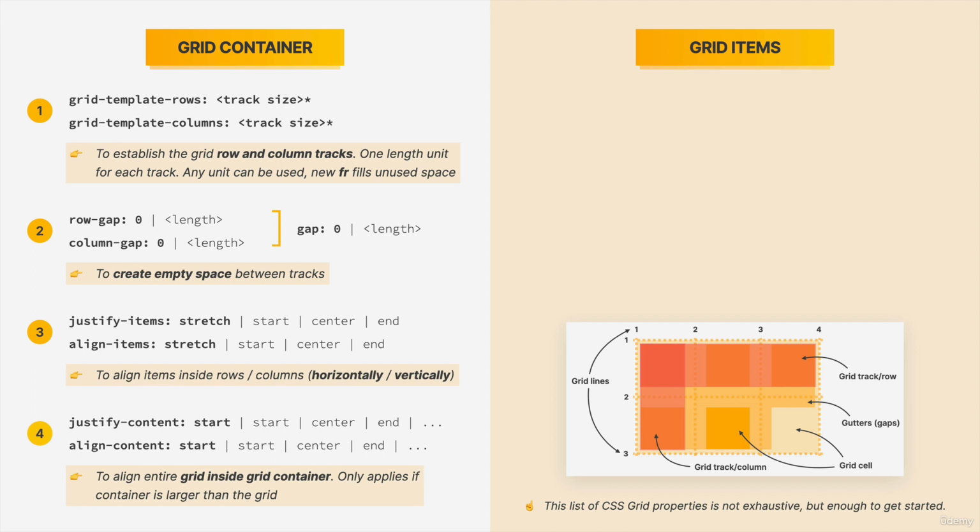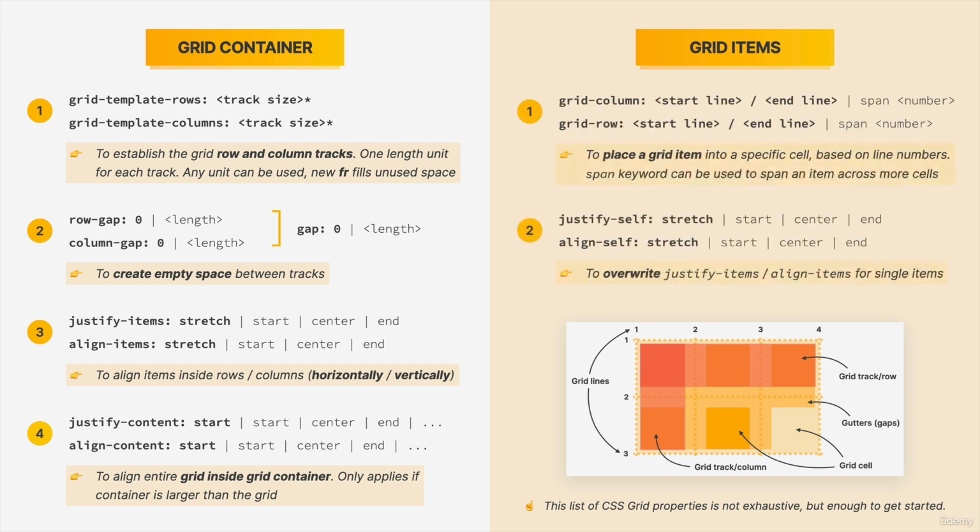And by the way, this overview of the CSS grid properties does not contain all of them. There is actually a huge amount of CSS grid properties, but we will not talk about all of them in this course, because that would just be too confusing for beginners. This course should be comfortable for you as a CSS beginner, and therefore we are not going to overcomplicate things too much. All right. So anyway, now about the grid items,